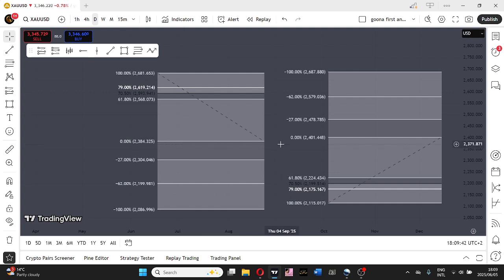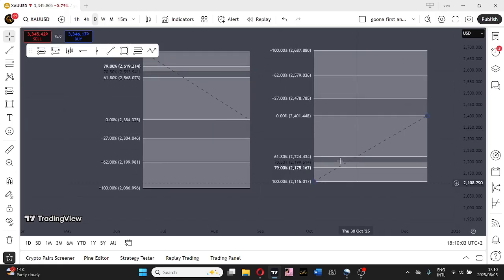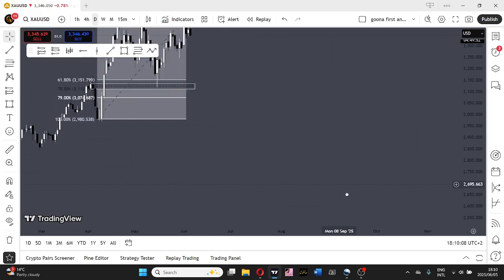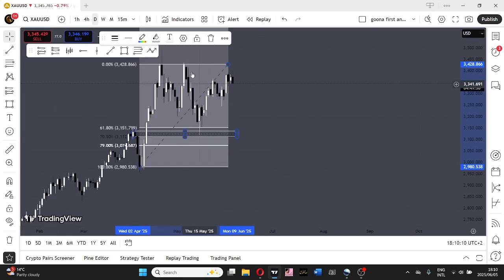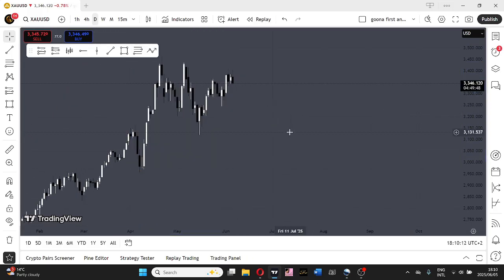These are your take profits. Take profit 1, take profit 2, take profit 3, take profit 4. Same thing here, 0%, negative 27, negative 62, negative 100. Take profit 1, take profit 2, take profit 3, take profit 4. It's that simple. Now that I've shown you how to draw it from where till where,